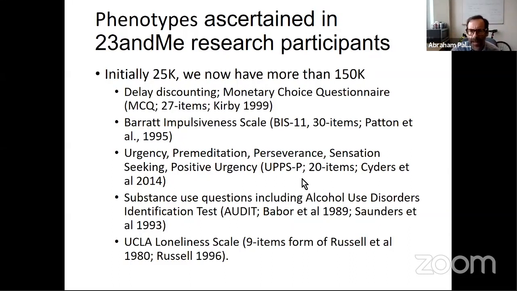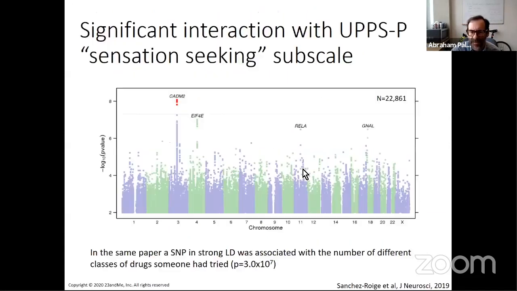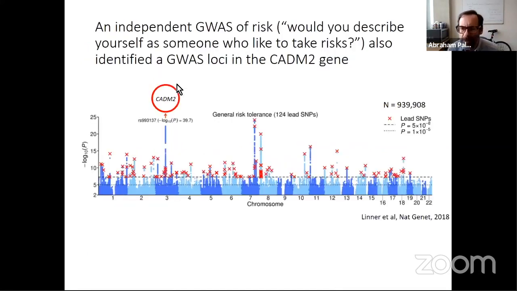And one of the things that we measured there was the UPPS-P, which is a sort of an impulsivity scale. And when we looked specifically at sensation seeking, and I won't show the data, but one particular question from the sensation seeking subscale drives this, we saw an association with this gene CADM2. All right, so CADM2 may be a gene that we should think about. Subsequent study that was